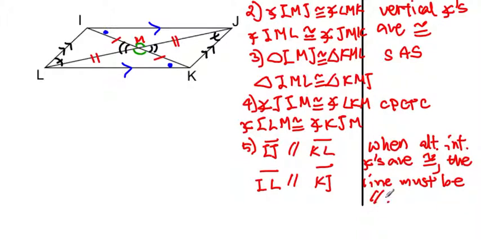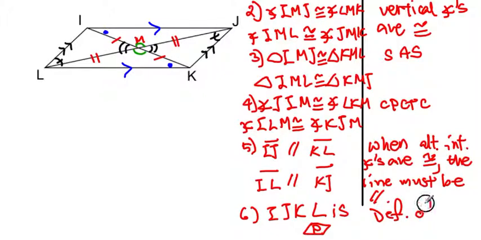Now, since we have two pairs of line segments that are parallel in a quadrilateral, we can say finally IJKL is a parallelogram, by definition of a parallelogram. All right,